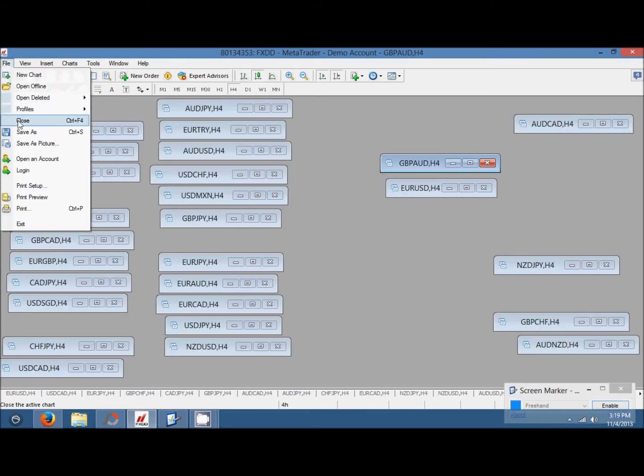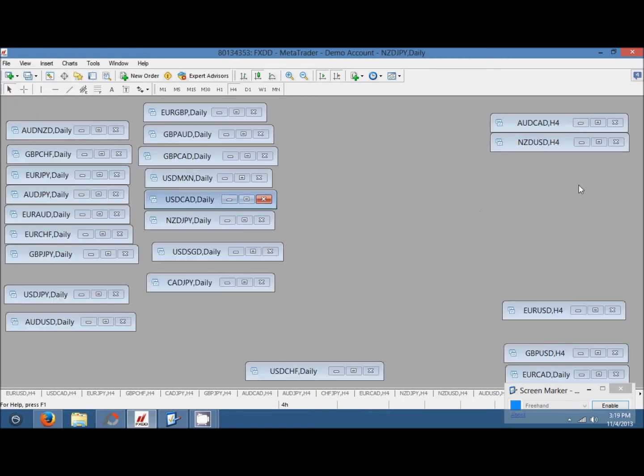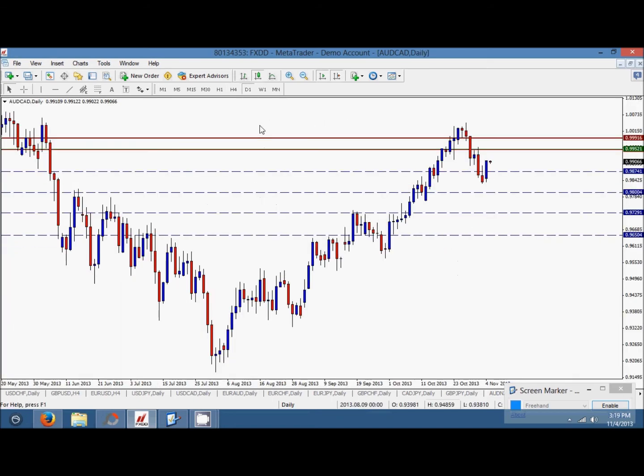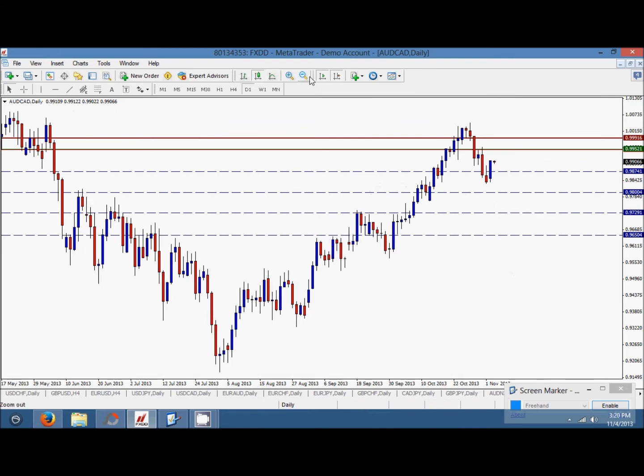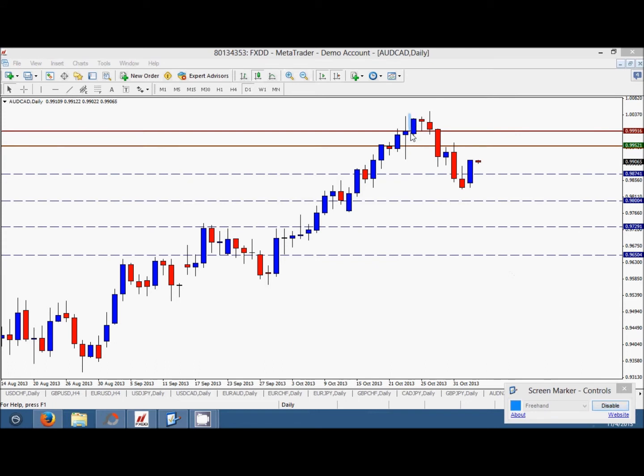Now I'm going to be taking a look at my 2 trades I'm in, just giving a quick update, as neither one of them has hit the take profit level, so I haven't given an official update on my site, but prices have been moving around quite a bit, so I've just decided to give a quick update on each one of them. So the first one is on Australian dollar, Canadian dollar daily chart, and if you remember, entered on this sandwich trade setup right here,